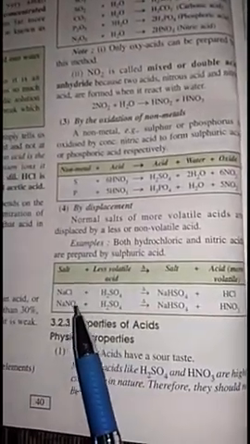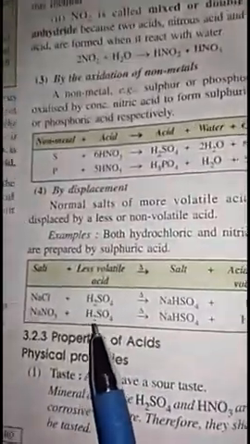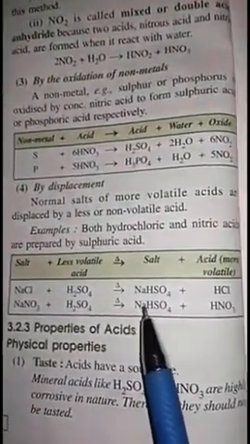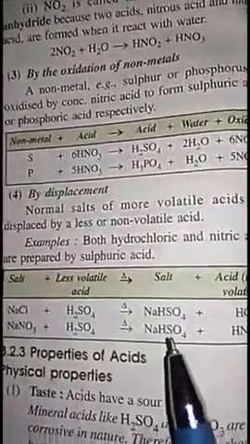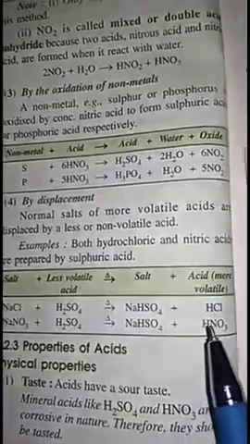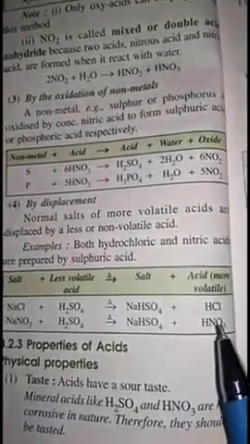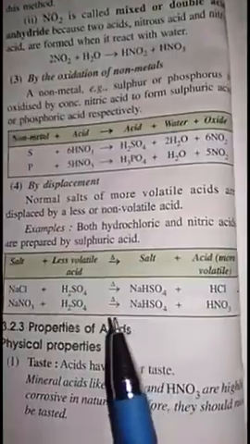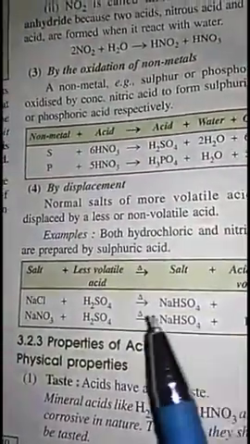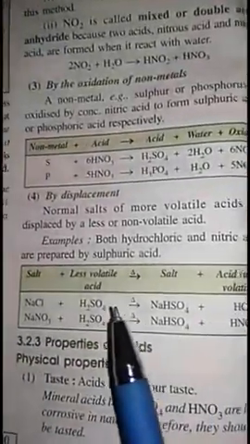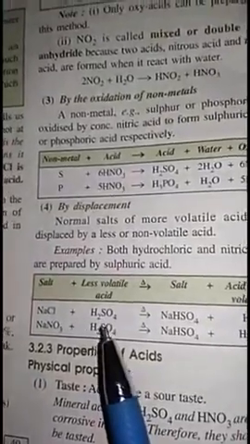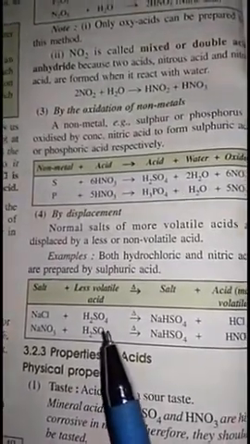Here sodium nitrate replaces one hydrogen from sulfuric acid. It forms sodium hydrogen sulfate. This sodium hydrogen sulfate is also known as sodium bisulfate, and HNO3, nitric acid. So this nitric acid is prepared, or HCl is prepared, by removing the less reactive elements, by displacement reactions.